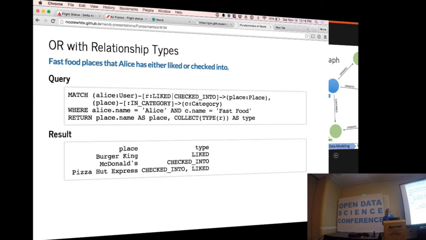Okay, OR with relationship types. So you can specify, I think that's the best way to say it, OR with relationship types. If you want to say, like, fast food places that Alice either liked or checked into, you can use this pipe to say, I want to match on this relationship type or that relationship type